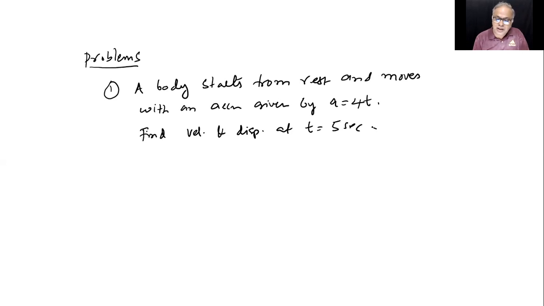Now I cannot say, since velocity is asked, I will write v equals u plus at. You should not say that. Do you know? This is the formula when a was constant. For example, in this problem it would be a equals 4, not 4t. Do you follow?